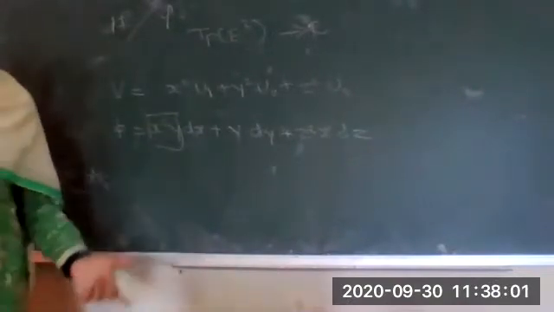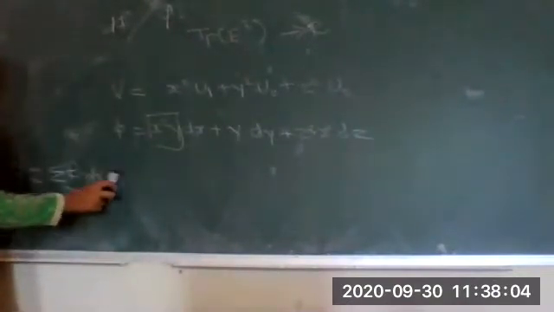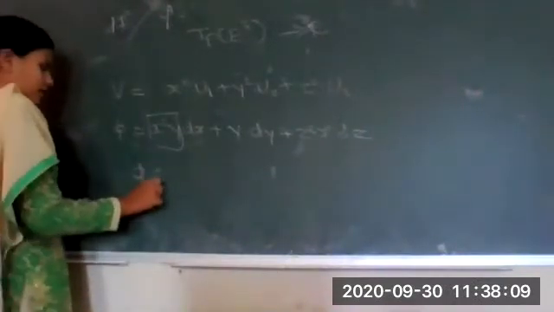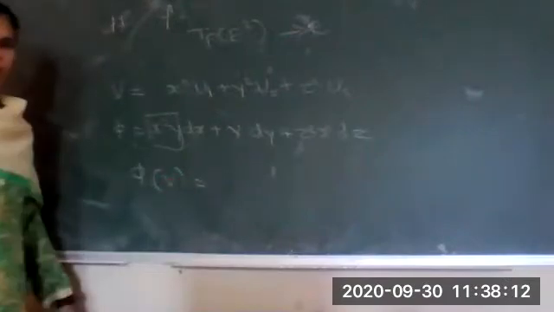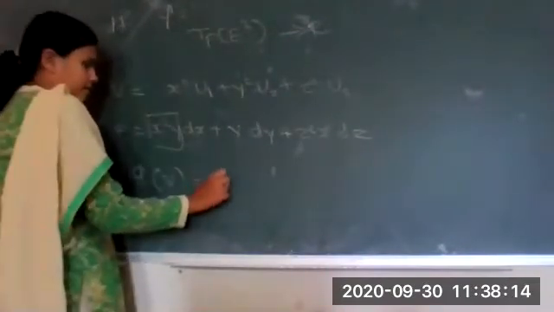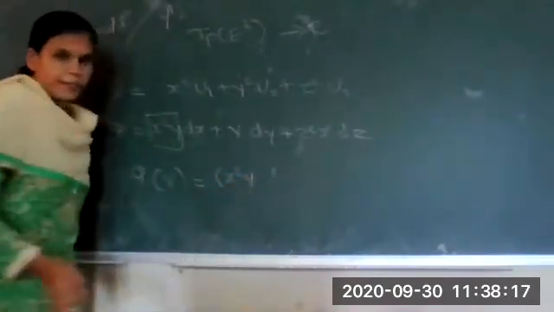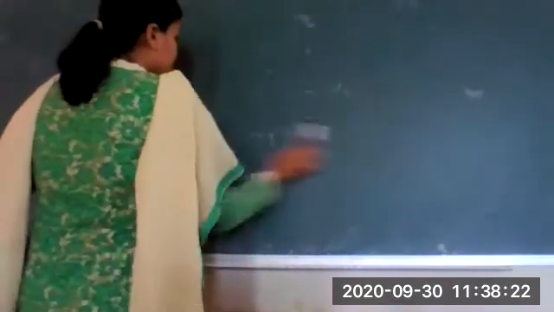Okay. Now for this, what we have to do, we have to evaluate phi of v. Okay, how to evaluate phi of v? First we will write down phi, x square y. Let me write down this phi of v. What will be phi of v? That means we have to see whether this phi converts all the tangent vectors to a real value or vector field. Okay, now let us see how it works.